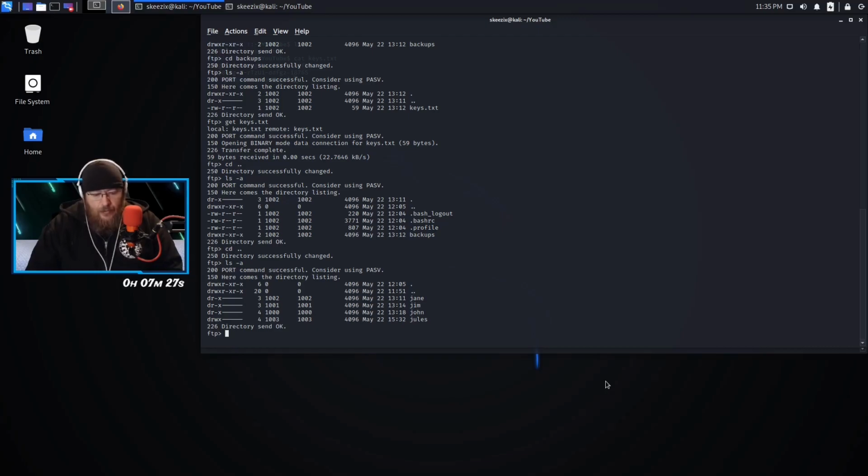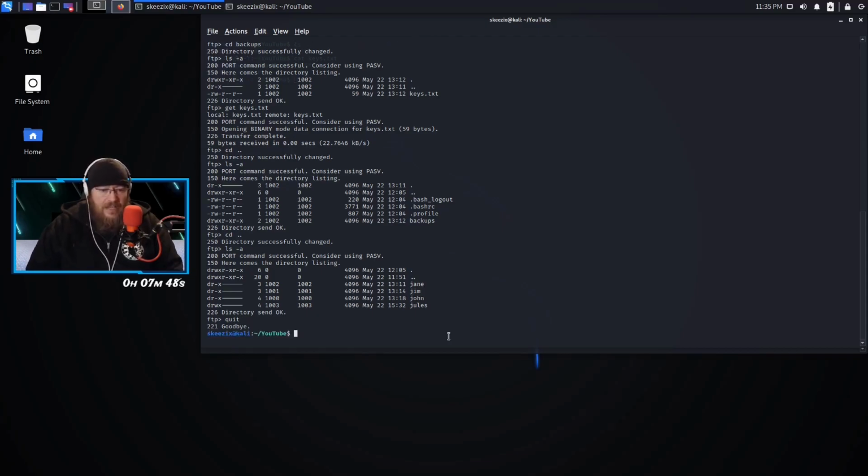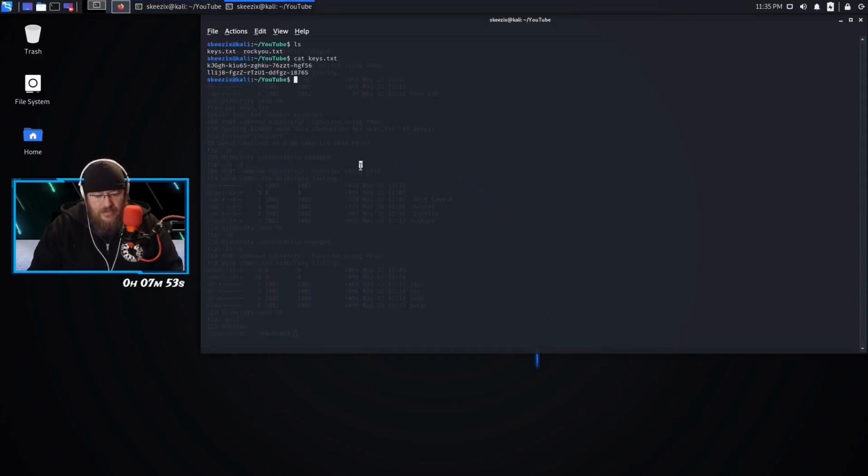So what I'm going to do is run Hydra against the FTP port with our password file for those usernames, but I'm going to automate this and actually create a file with Jem, John, and Jules in it. So to get out of FTP, we're going to quit, and now we're back to our base file. So what I'm going to do is actually echo